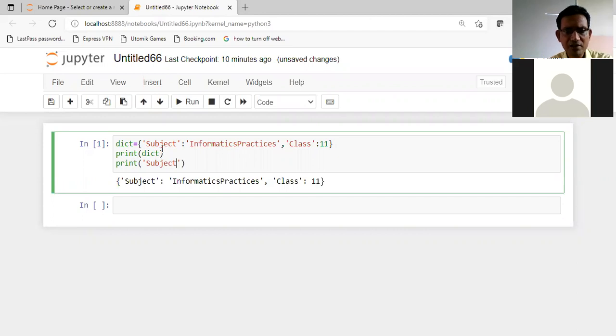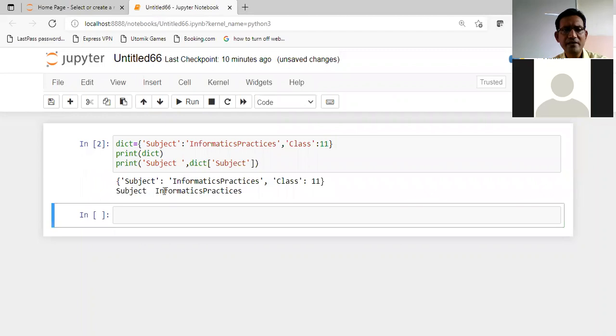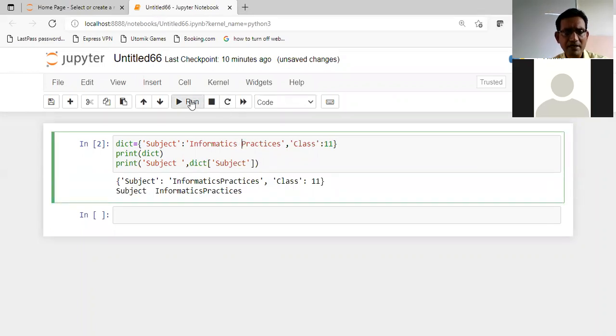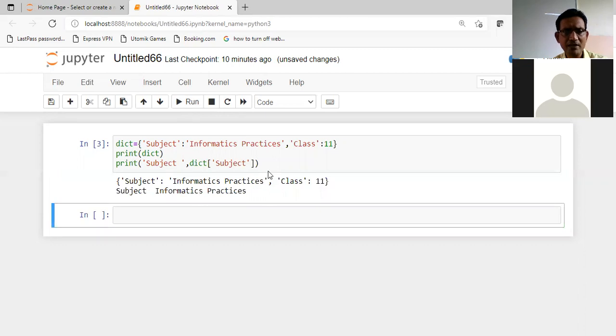तो अभी जो हमने फर्स्ट मेथड डिस्कस किया है, that method is name of the dictionary, and then in square bracket we have to use the key. Clear? So subject corresponding we have informatics practices. ठीक है, और दूसरा मेथड था हमारे पास